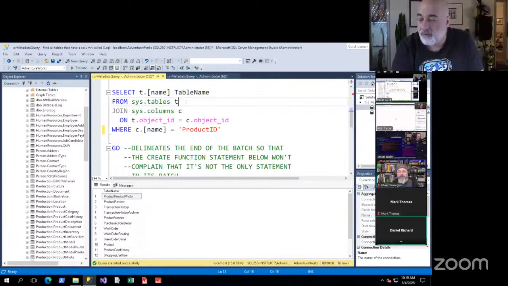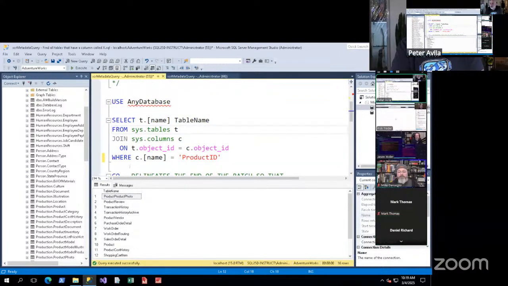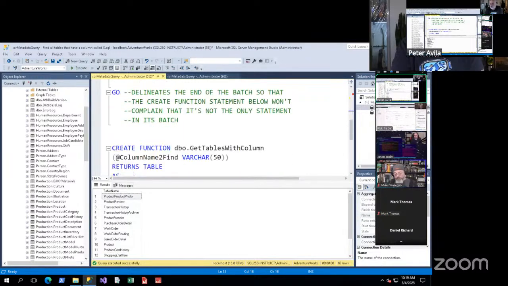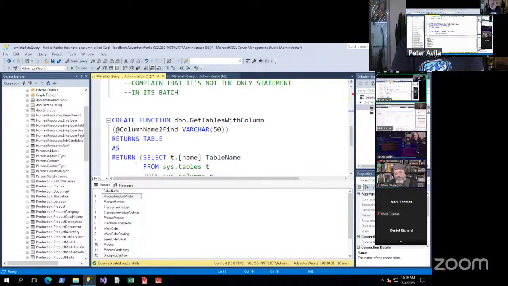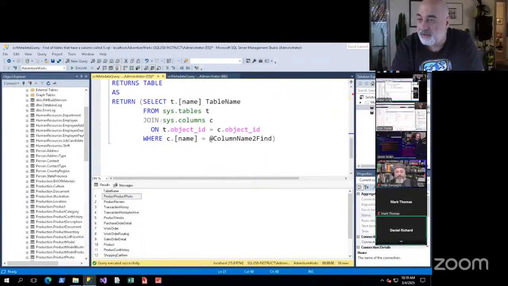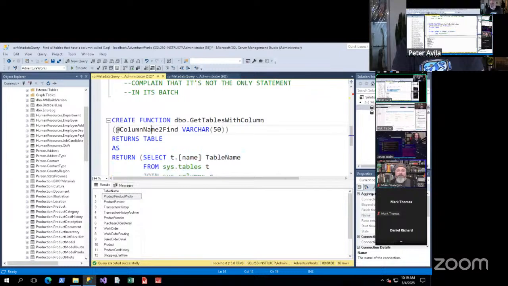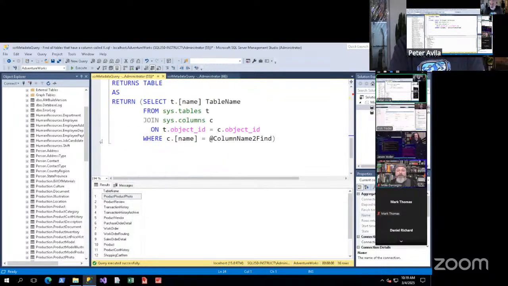Yeah. So what you can do here also, since this returns a table, is you can put it into an inline table valued function. Like this one here, create a function called, in this case, get tables with column. I've got the query encapsulated right here. So column name to find becomes a parameter. And if you can just run this create function,